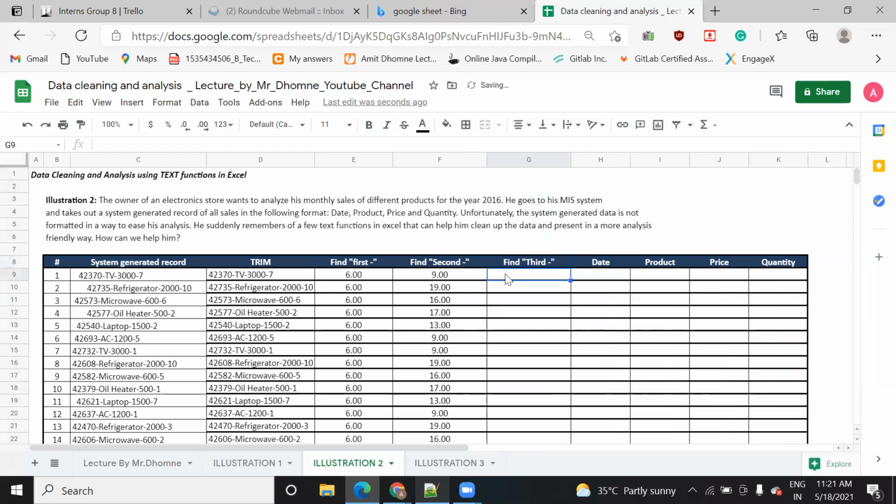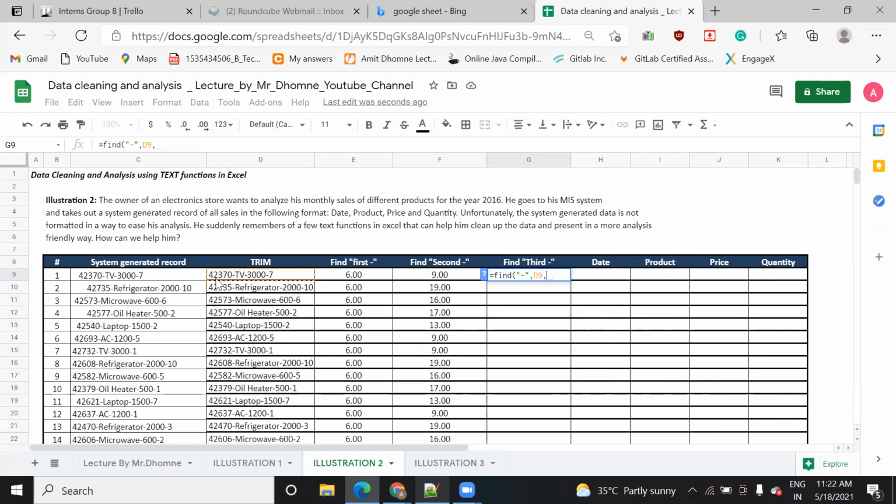Now, again I am going to use the find function to find the position of a string. What I need to find is the hyphen, and where I need to find it is D9, correct. Now I need to find the hyphen starting from what? I am going to start the hyphen search after 9. You can see here the first position of hyphen is 6, the second position is 9, right?